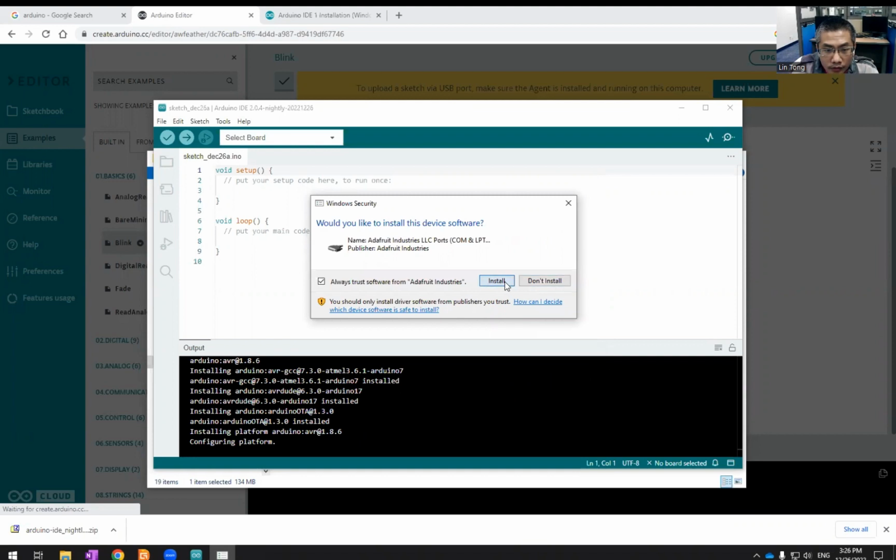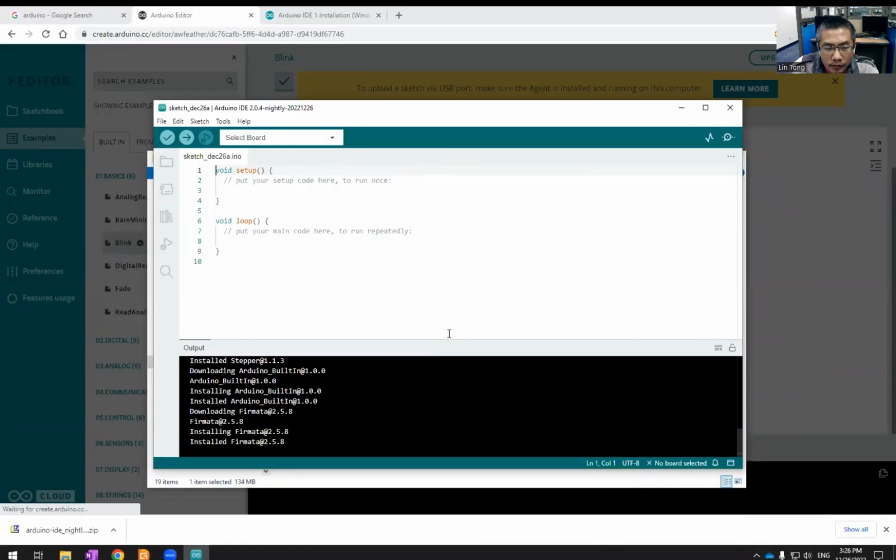Install the device software. Install the USB driver. Okay. This looks very straightforward.